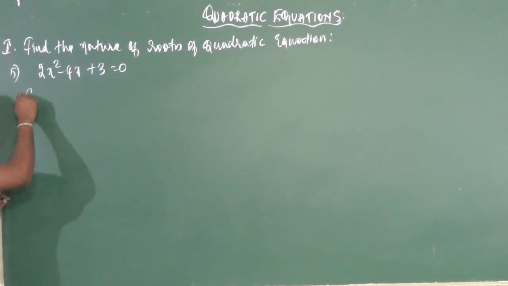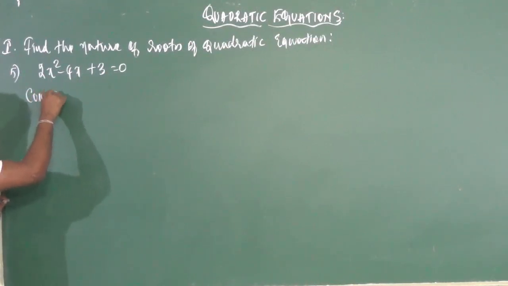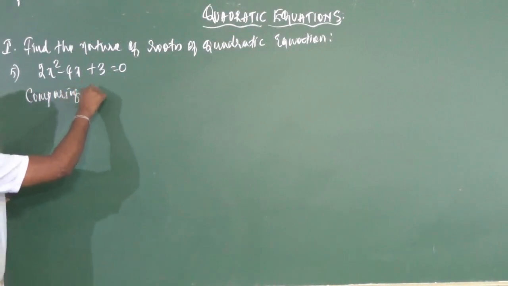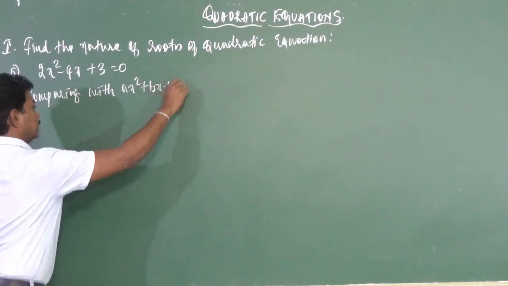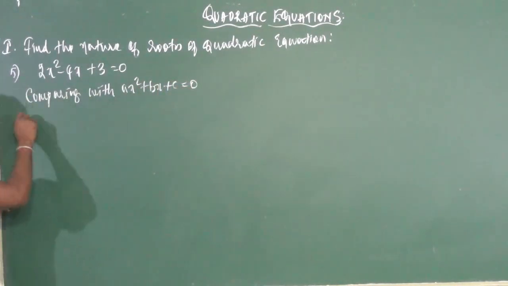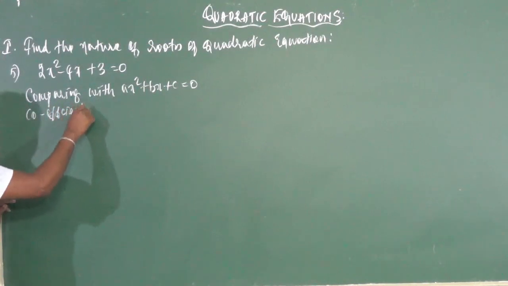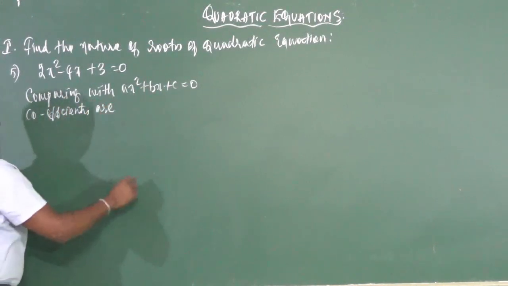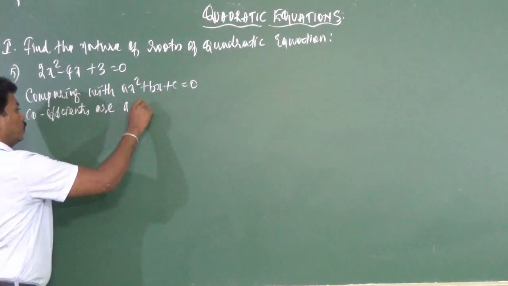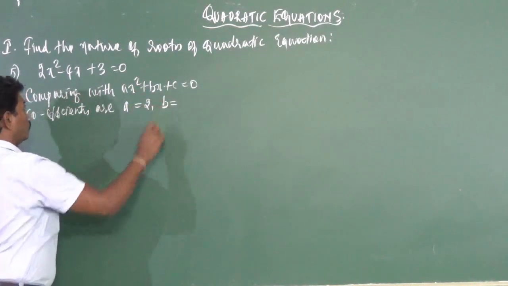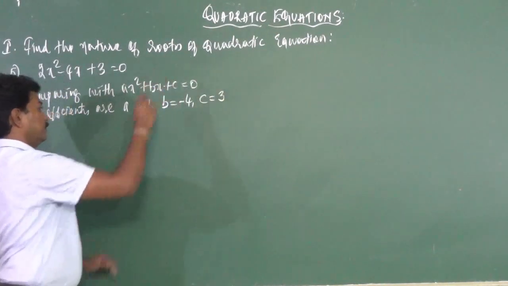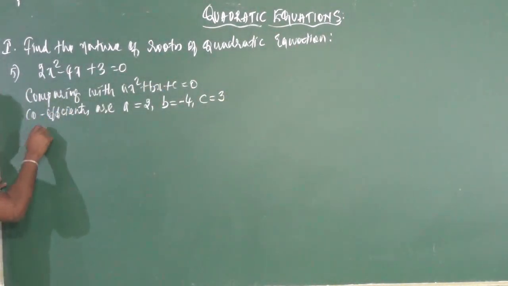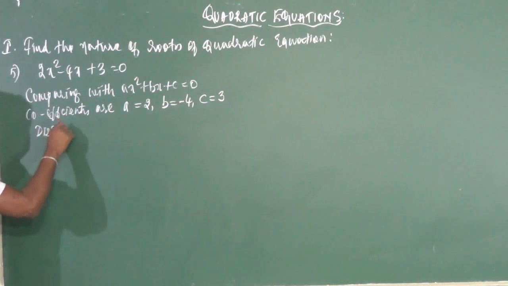So comparing with ax square plus bx plus c is equal to 0, the coefficients are: a is equal to 2, b is equal to minus 4, c is equal to 3. Very good. So discriminant is given by